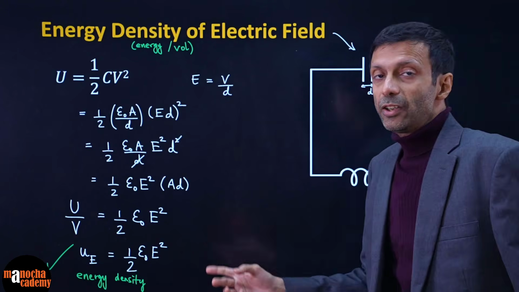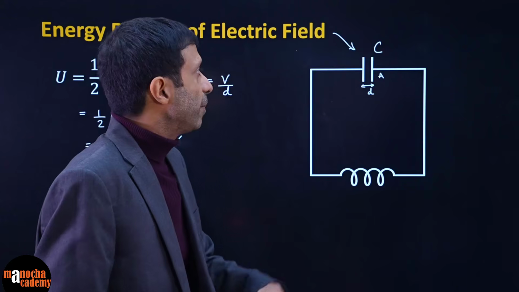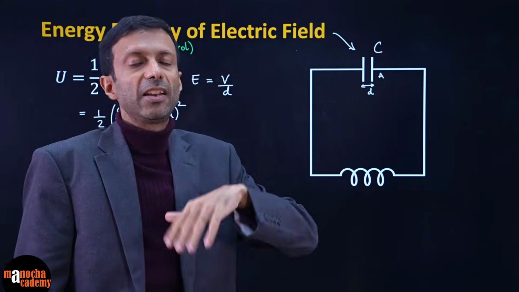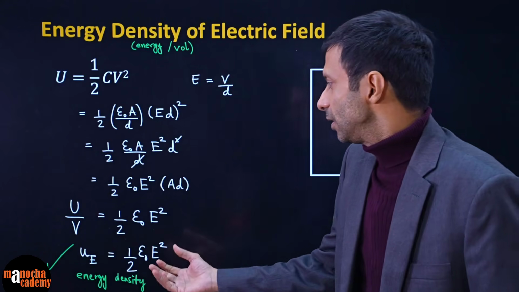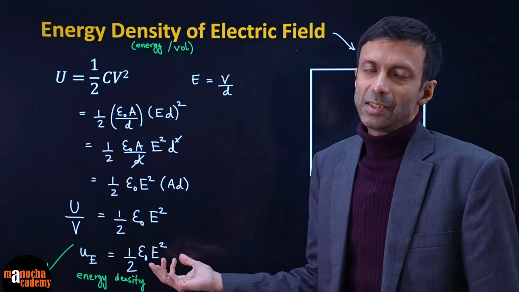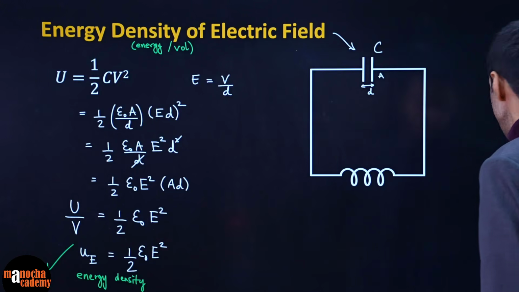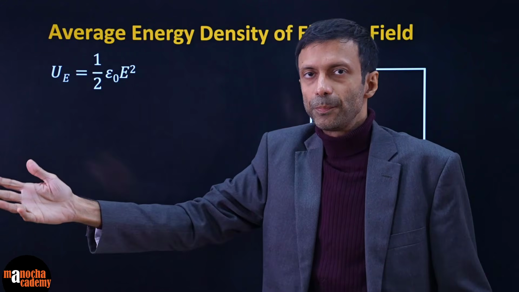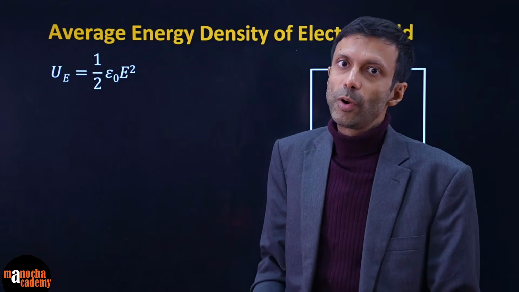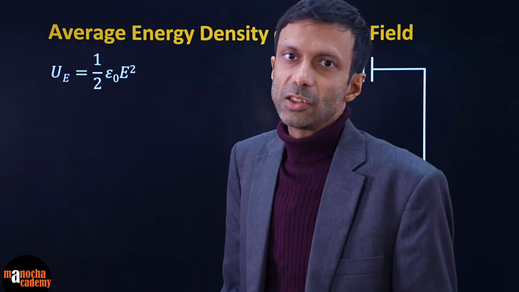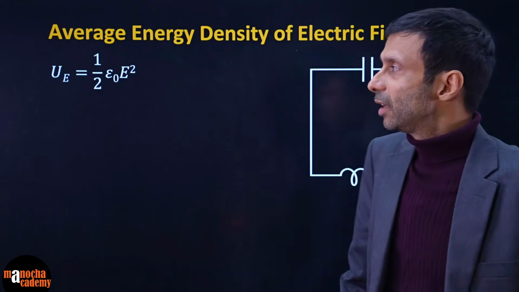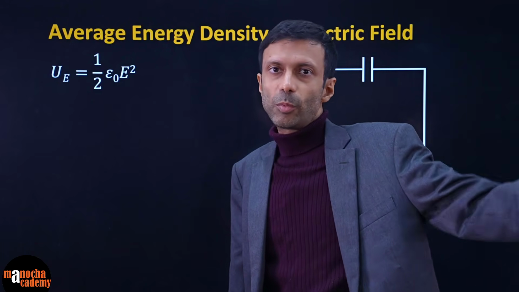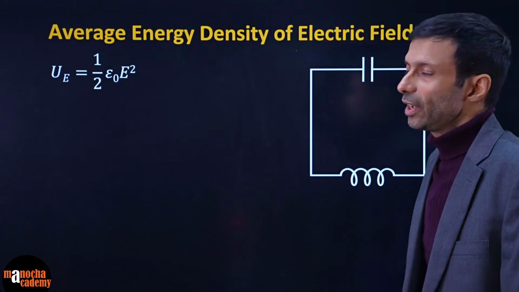So now we said that these charges are in oscillation. So remember I said the electric field will keep changing because charges are oscillating, so it will increase, decrease, come to zero. So this is at any instant, right? This is happening at any instant. So now we are going to talk about the average energy density, right? Because it is changing with time, right? So we will now talk about average, right? Just like we had talked about average power, here we are talking about average energy density. In alternating current we have talked about average power, here we are talking about average energy density.